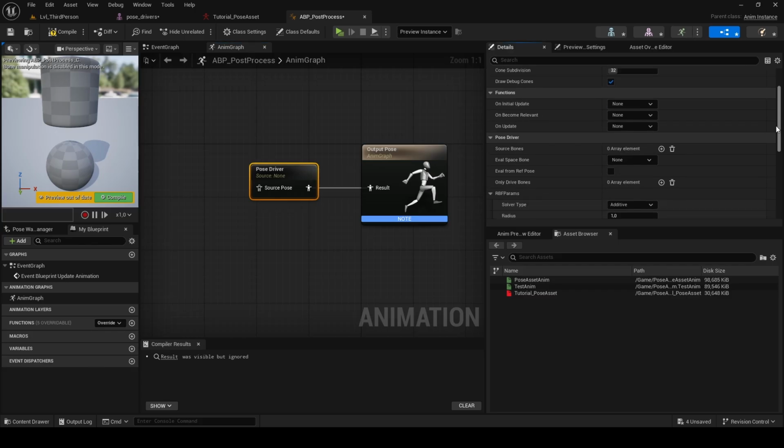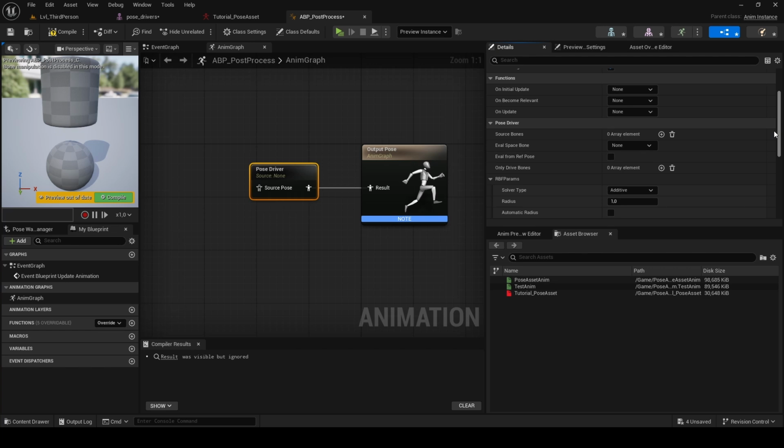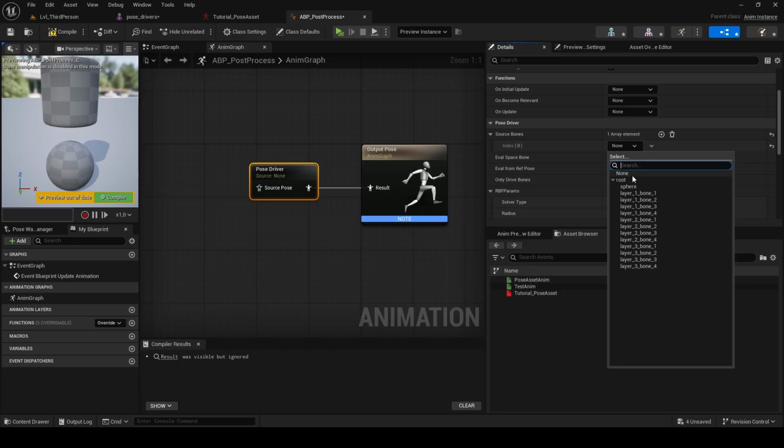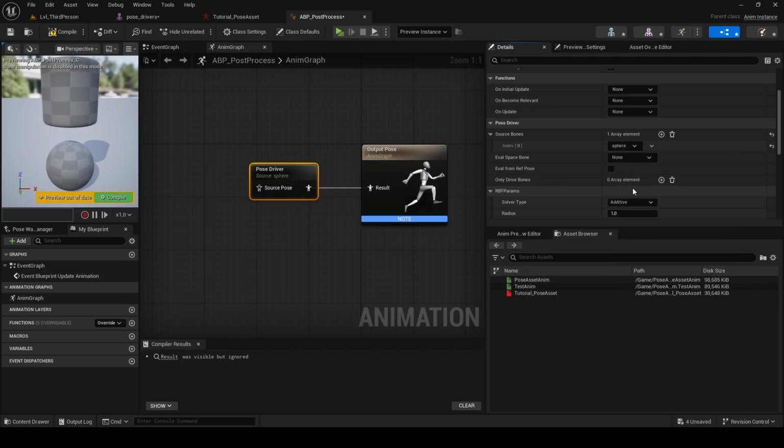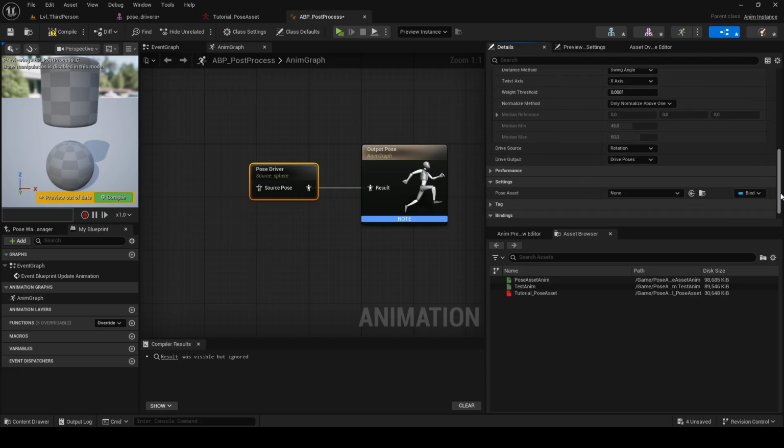We need to say which bone will drive. It is source bones. We need to add element and set which bone will drive. In our case, we want to bind the movement of other bones to the movement of the sphere. So I click sphere, and it's important to set